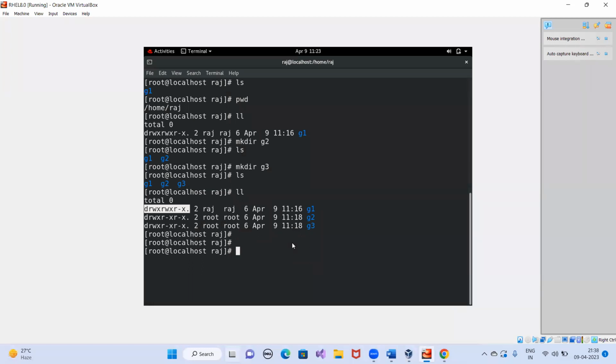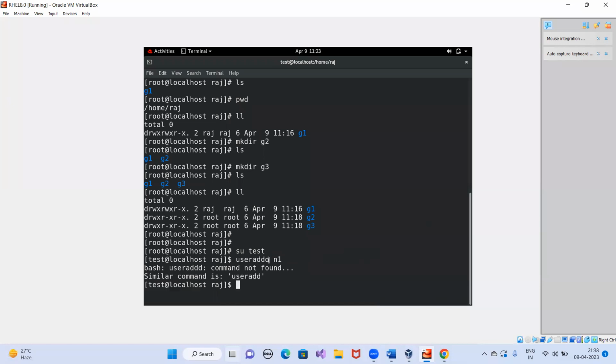I can delete anything. I can create anything. But if I go to another user, suppose I logged in with the test user, I am in the test. If I want to do any specific task, just like I want to delete any user, or I want to create any user, suppose useradd, I want to create N1 user, then it will simply say that you cannot.